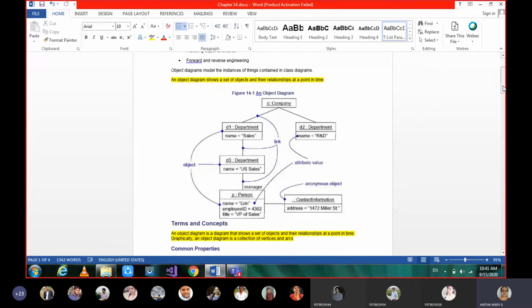So many times I was discussing what a diagram is. A diagram is also called a model in UML. Okay, so it is the visual representation. The general definition of a diagram is nothing but a connected graph with vertices and arcs. But when we are talking about an object diagram, what does that mean? It's a connected graph where the vertices are objects and the arcs are nothing but our relationships.